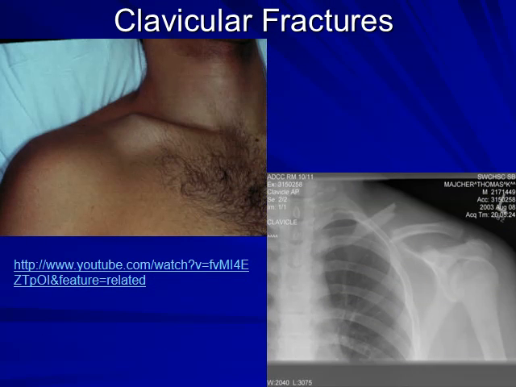Here we can see an external and an internal view, or in other words, the radiograph, of some displaced clavicular fractures in which the two ends of the fracture site are not connected at all. So the position of the clavicle is off. And when they treat this conservatively, with no open reduction and internal fixation needed because alignment's good and there's no neurovascular compromise anywhere,